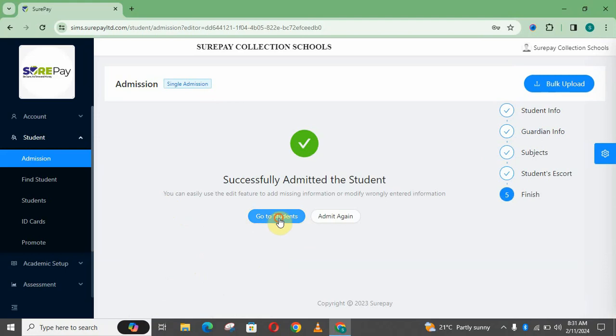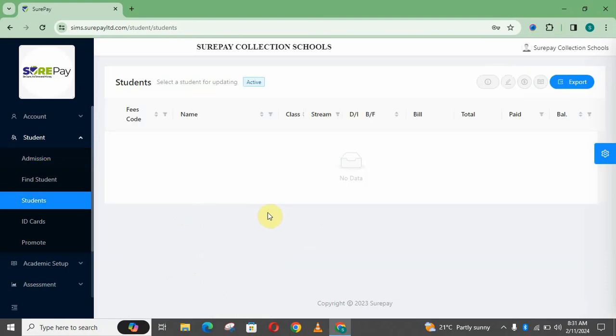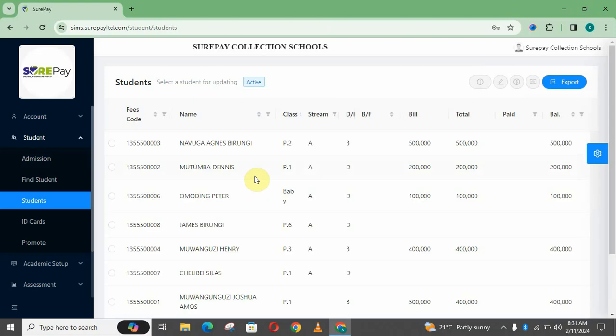So again, we can go to add to students, and then we can search how Naviga has been edited. You see, Naviga Agnes is now given a third name, which is Naviga Agnes. So it's now edited, right? Well,